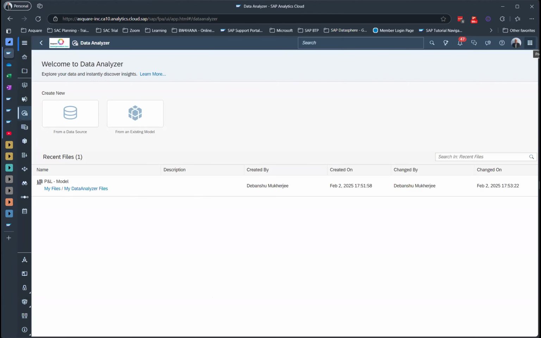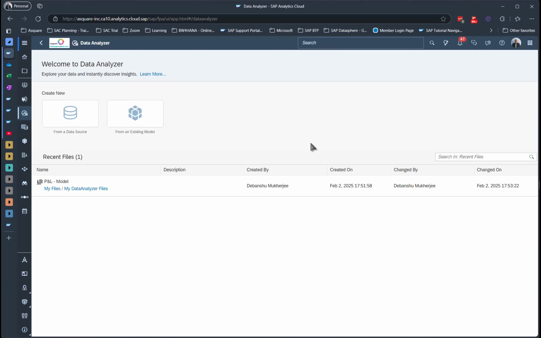And then this you might not see in your trial version. This is called product switch. If you have integrated DataSphere with SAC, then you will see this product switch function or icon. But if you have not done it, your last icon will be your profile icon. You will not see this. But because I have enabled product integration between DataSphere and SAC, I can switch between different products from here itself. That is something I will show you later on. Right now, it's not important.